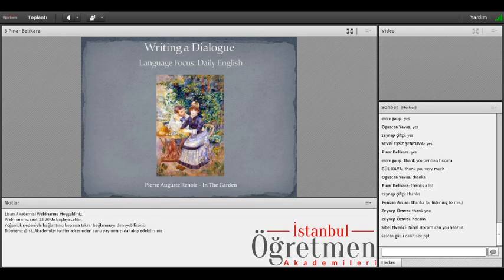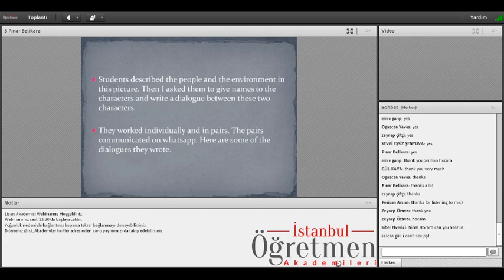Renoir in the garden, and there's a couple sitting in the garden. Again, first we made a speaking exercise. They described the environment. They imagined something about this couple, their age, their names, and I wanted them to